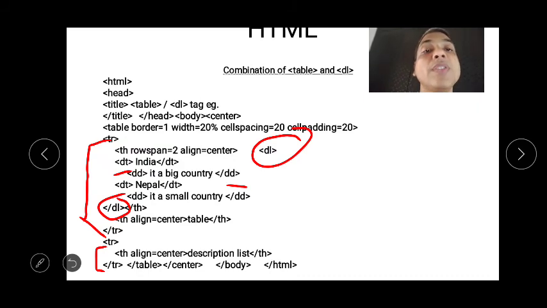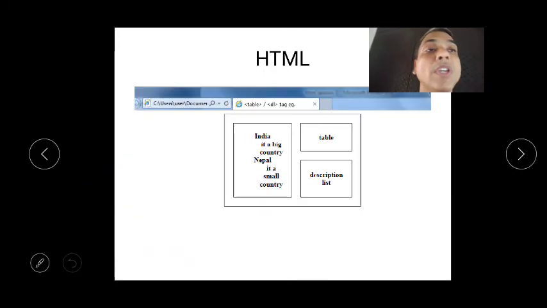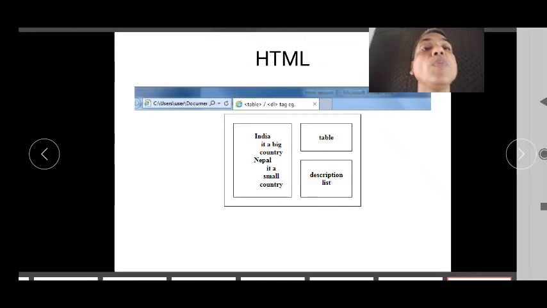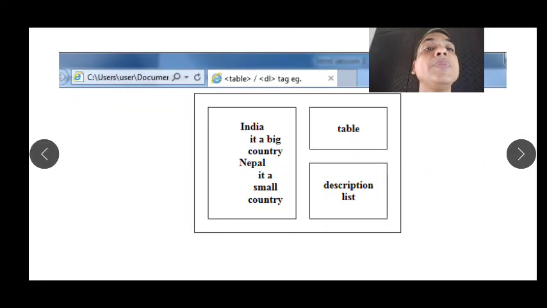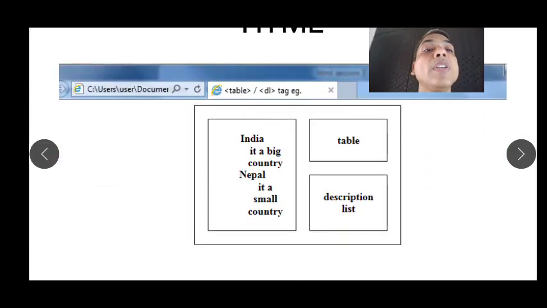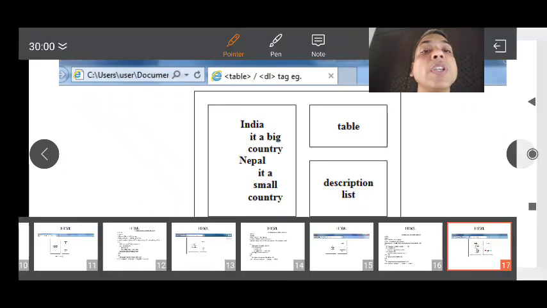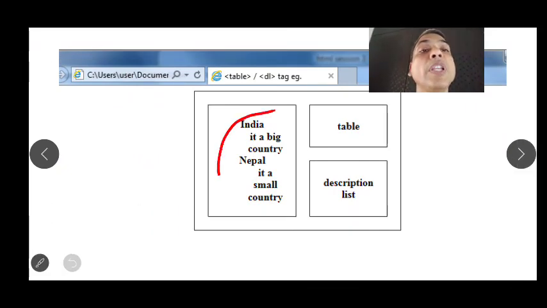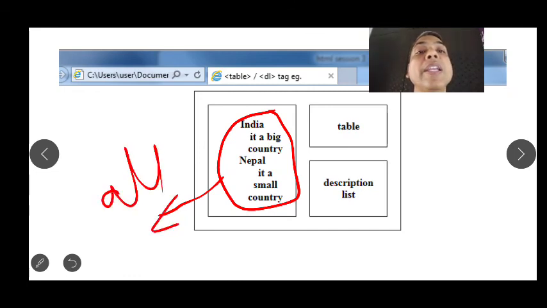Now the output will be the same, the only difference is that in the previous cases we had ordered list, unordered list. This time we will be having the description list. Let's check the output. Now when you check the output, you can see that this is because of the description list. So everything is the same, but here we have used the DL tag.